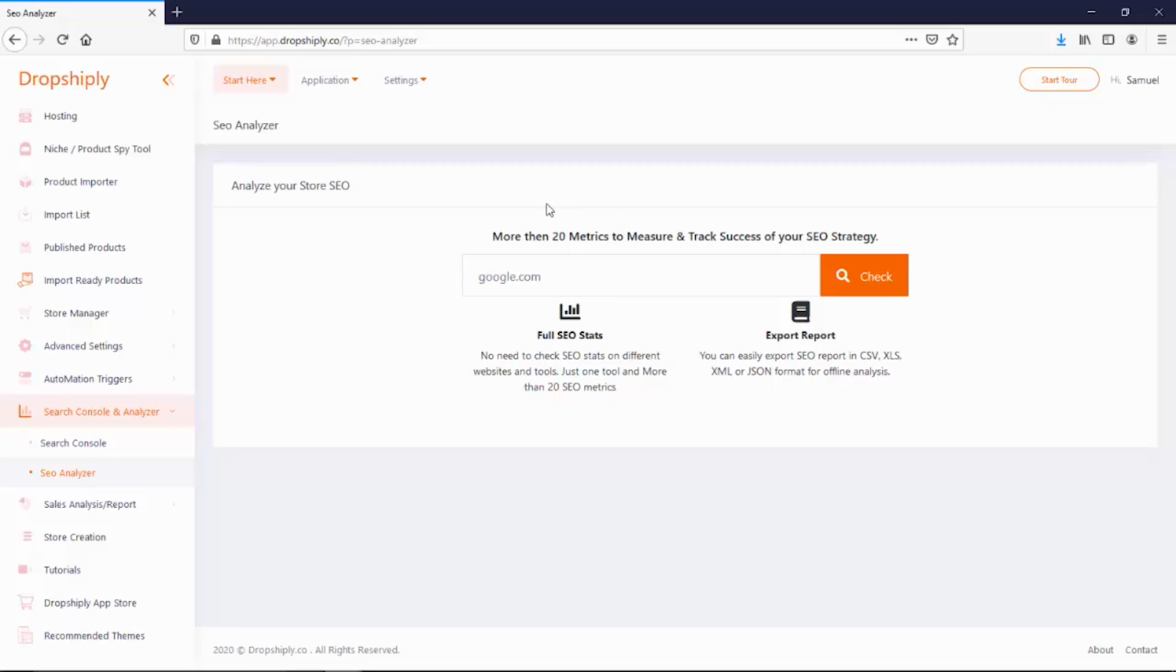You can also spy on all your competitors. Just grab their links, put it here, run the search, click check, and get important info on their SEO as well. Okay, and yeah, you can also export right here and get a report of your SEO stats for further